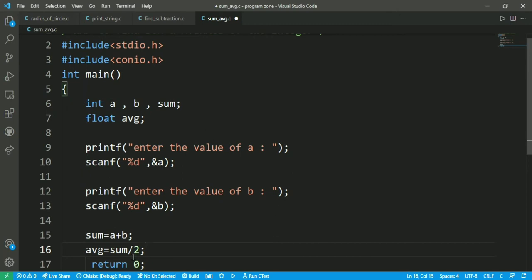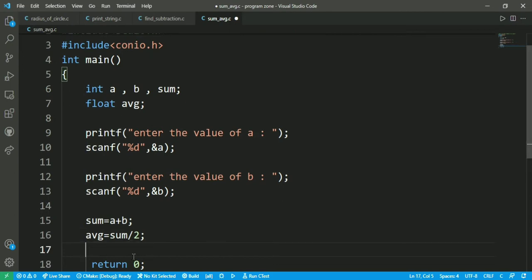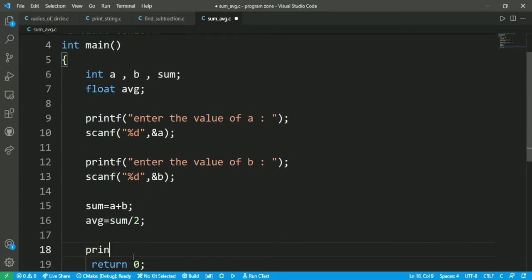After writing the formula, we have to print it. So printf, "sum of %d and %d is %d\n".